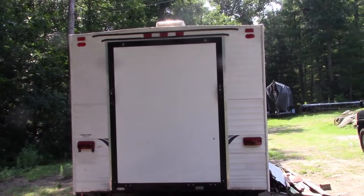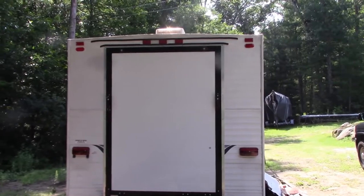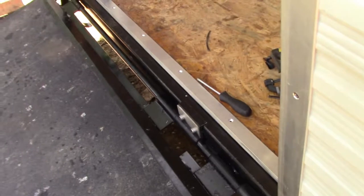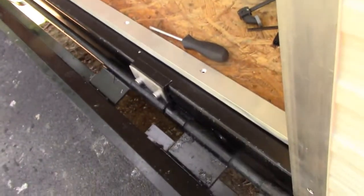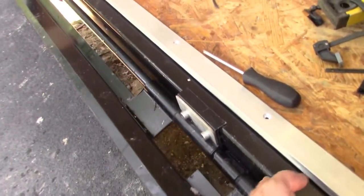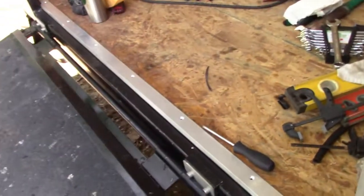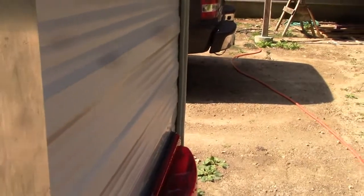I'll show you the way the gasket works on the door in just a second. Okay, so the way the hinge assembly works from the factory is the surface where the gasket sits, away from where the hinge bolts to, is 3/8 of an inch. So you have to come up with some mechanism to fill that gap. So what I did was, on top of my